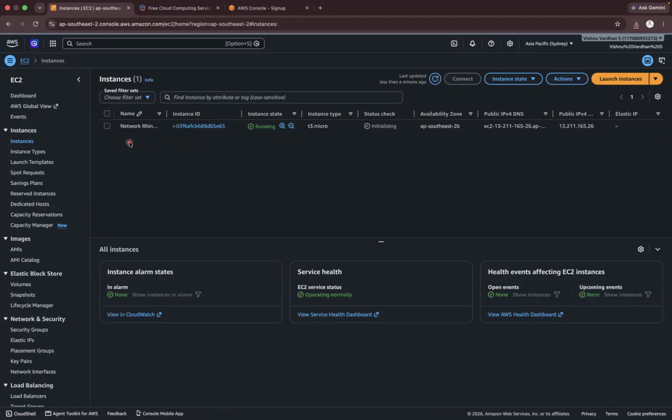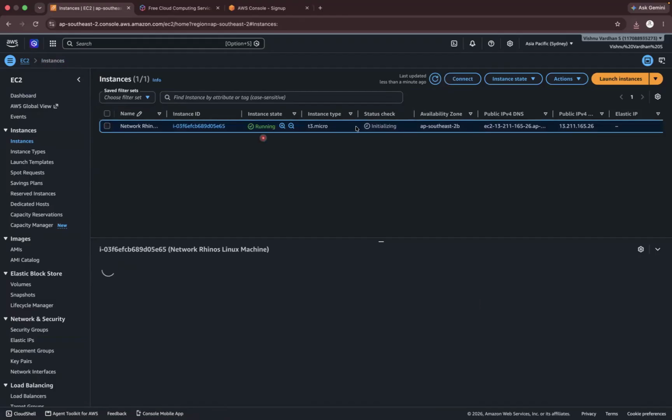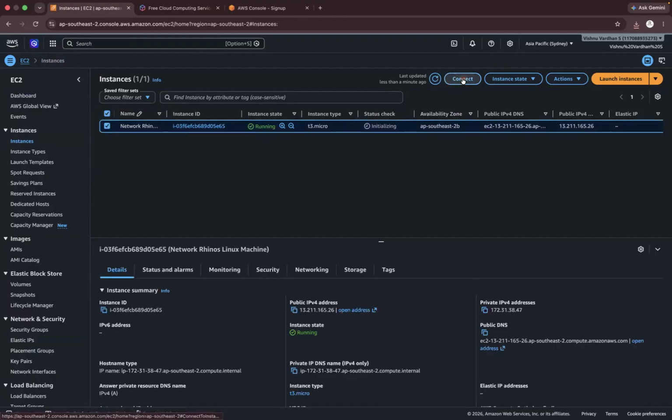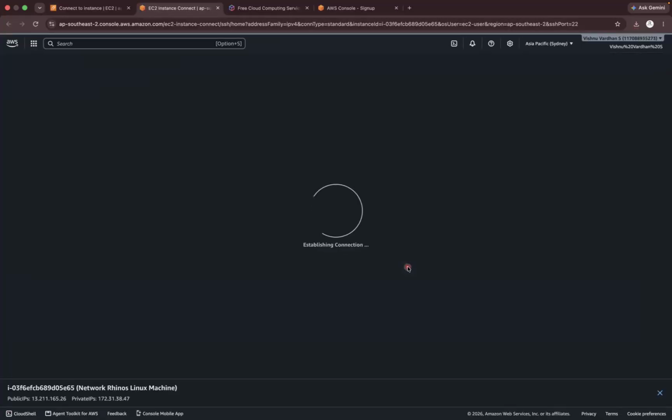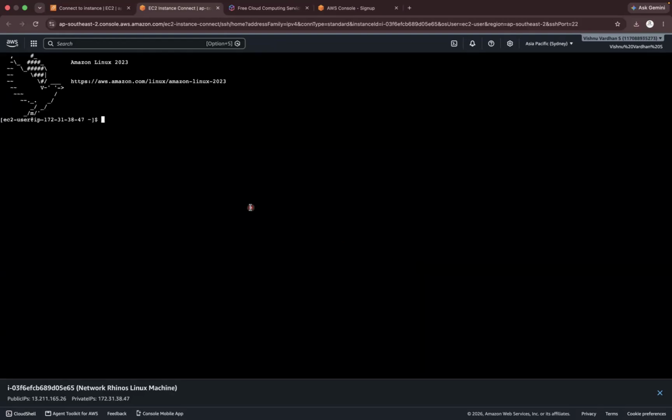Now, how do I log into my instance? Very simple. Click on this, then click on connect. Now there you go, I've got a Linux machine.